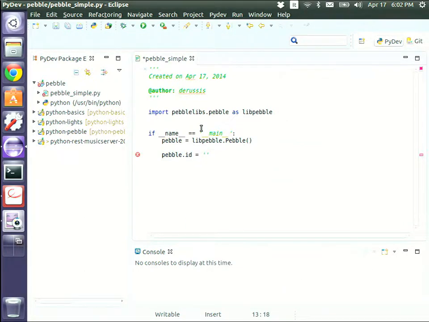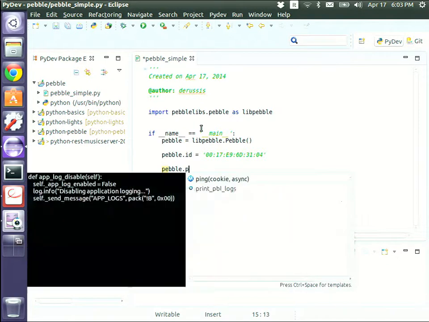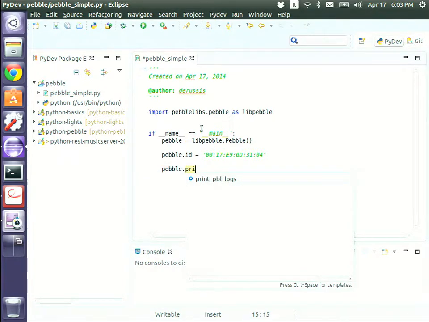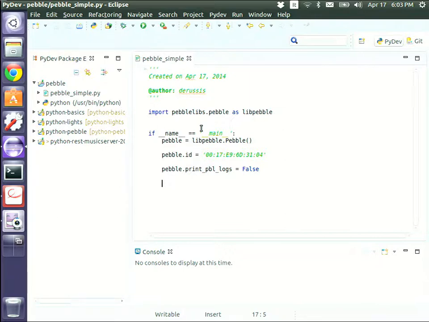That is always 00, 17, 9, etc. Then we need to set another variable that is used by light blue, this one. Then